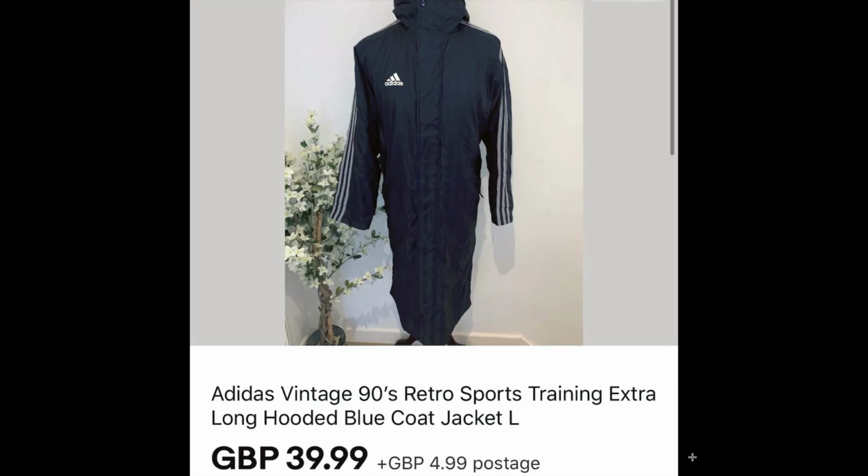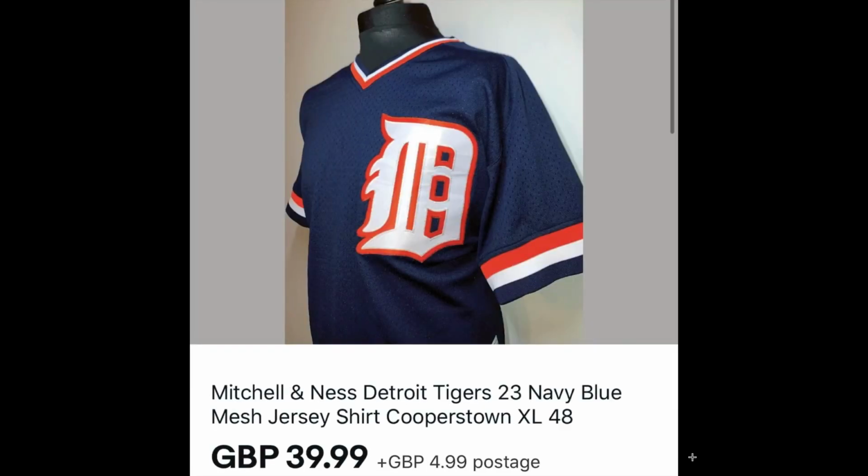Number 17 is this Adidas vintage sports training jacket, a really long one, kind of a 90s sort of football training jacket. Cost price is based on weight, so probably £7 to £8. Sale price £39.99. Number 16 is a Mitchell and Ness, a cracking brand to look for, by the way, and